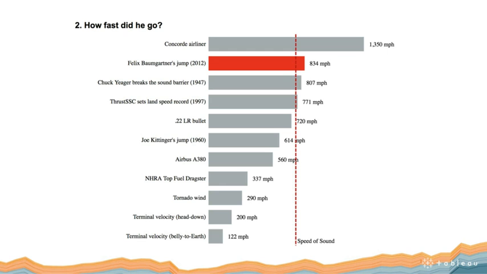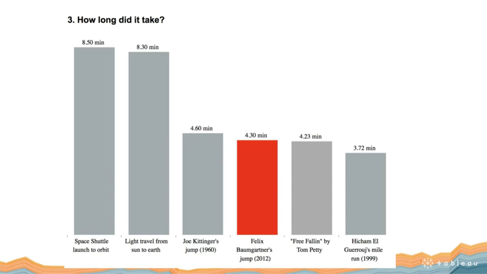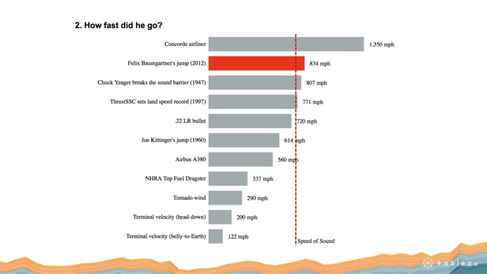When he fell, from the time he jumped out to the time he touched the ground, how long did it take him? Well, just over 4 minutes, 4 minutes and 20 seconds or so. How long is that? Well, even faster than Joe Kittinger's jump, right? I love how it's really close to the length of the song Free Fallin' by Tom Petty. So trying to put this amazing feat in context and help me understand some numbers and stats that would just be kind of random, right? Like if you told me, oh yeah, he fell at 834 miles an hour, I'd be like, well, that's a lot, but how does that compare to other things that I can relate to or know about, right?